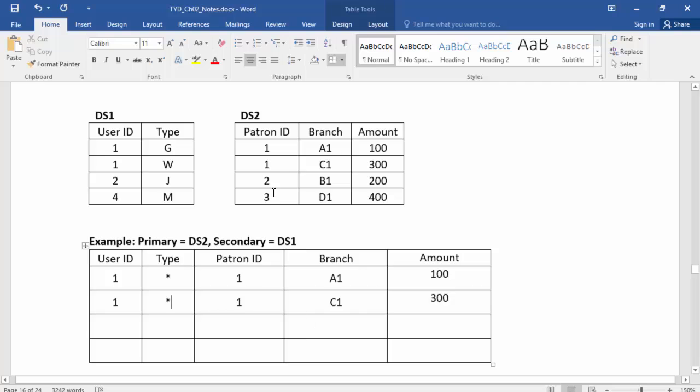Okay. Next one is 2, B1 and 200, and you'll blend with this record. So it will be 2 and J. Okay. And finally 3, D1 and 400,